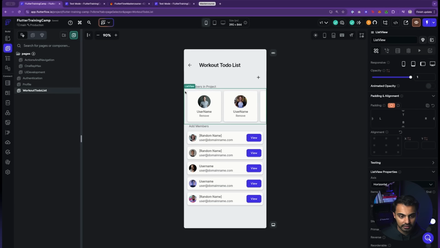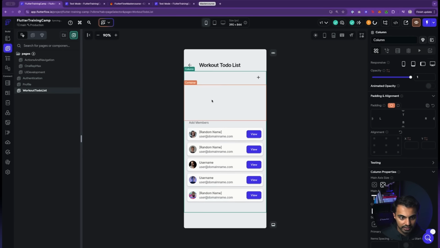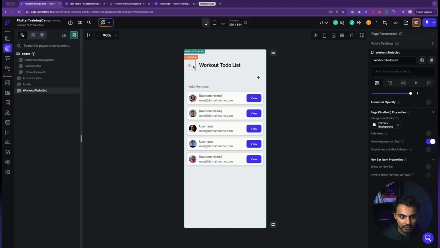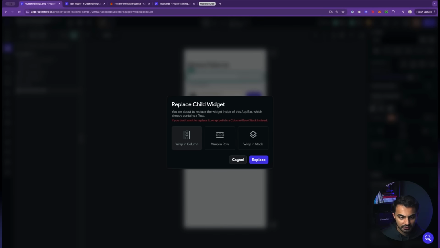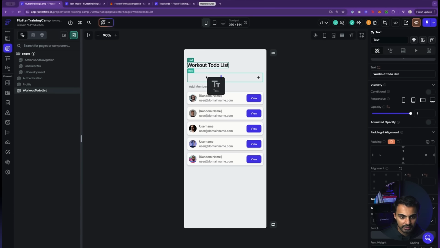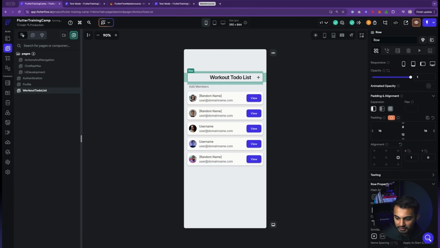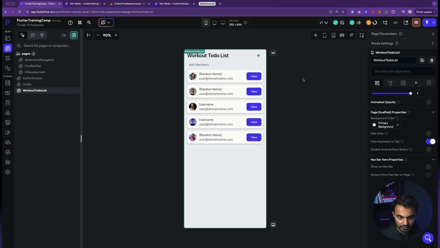I'll get rid of this list view, this members and project, and this container. I'll get rid of this too. Let's see if I can remove it actually. I can't really do that. Okay, I can do that to here though. Boom, and get rid of the app bar.